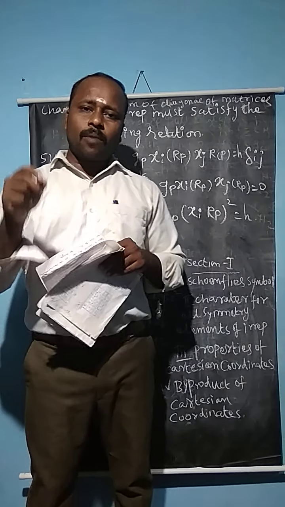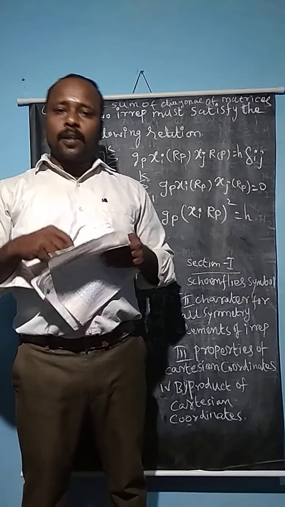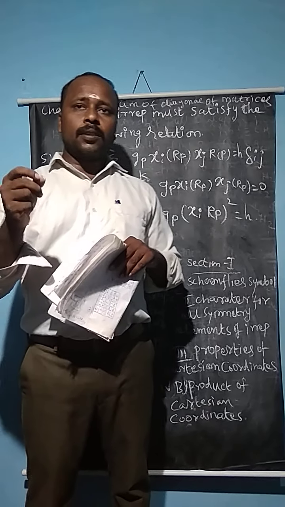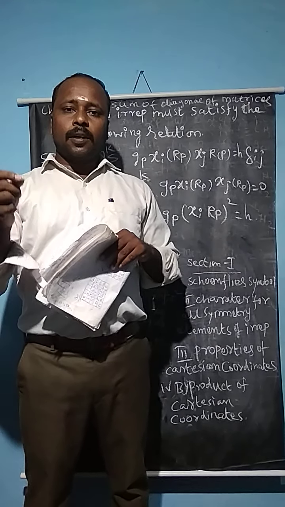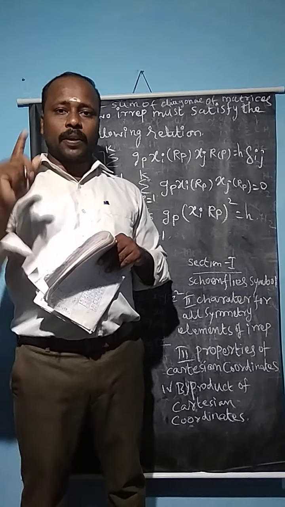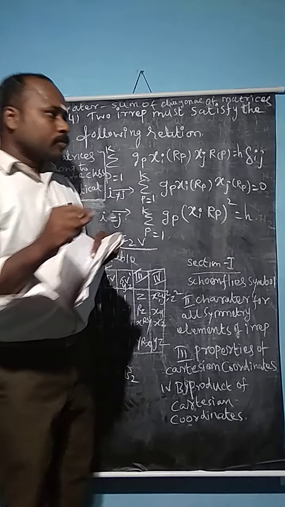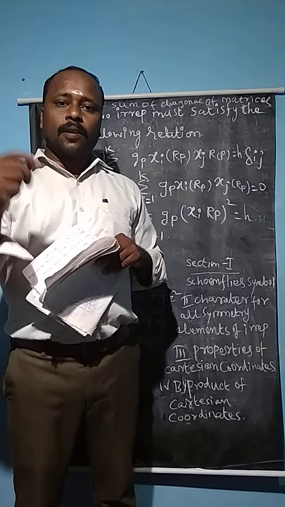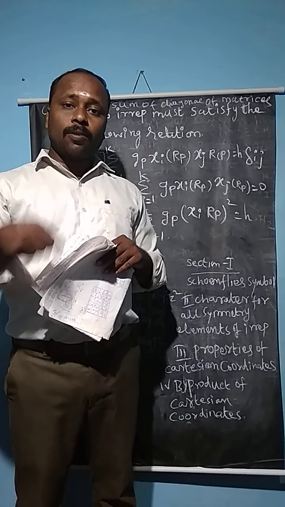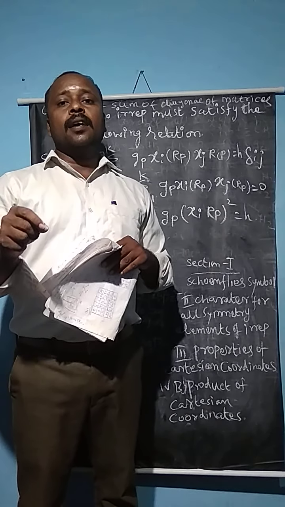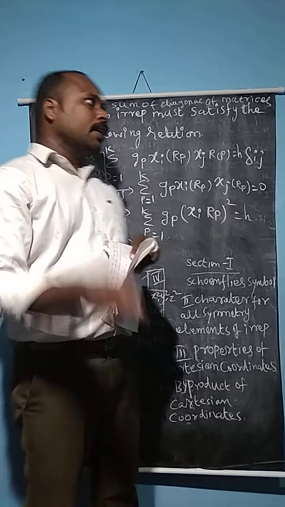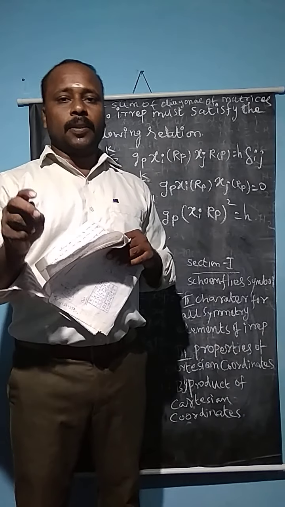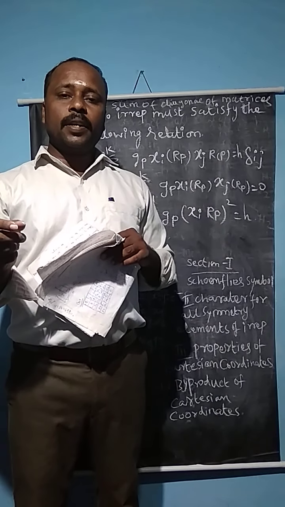Now, how the water molecule obeys the properties of irreducible representations is explained in an easy way, based on what we told in the last class. The first point is that the number of irreducible representations is equal to the number of symmetry classes in the particular point group. For example, the H2O molecule has 4 symmetry elements: E, C2, σv, σv'.